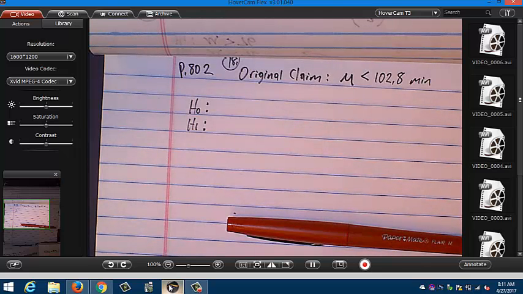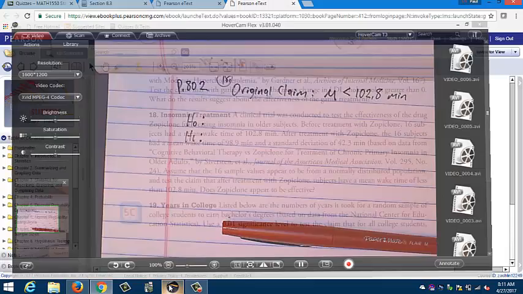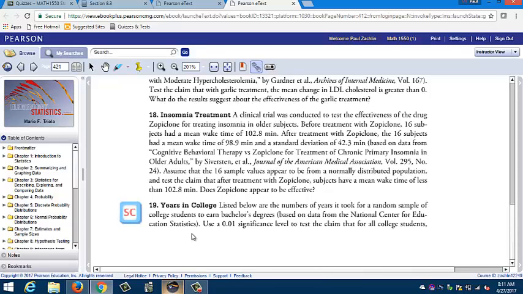Hey guys, take a peek. I have as my original claim the mean less than 102.8 minutes. Do you guys see how that says that in the problem? No? Let me show you. It says,